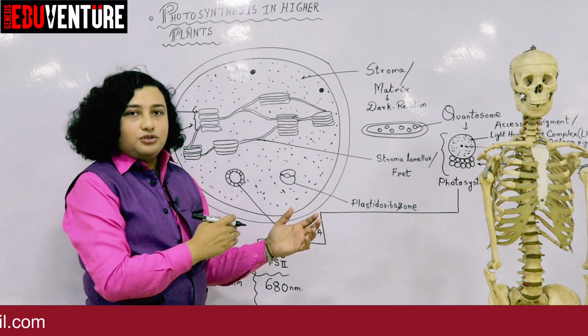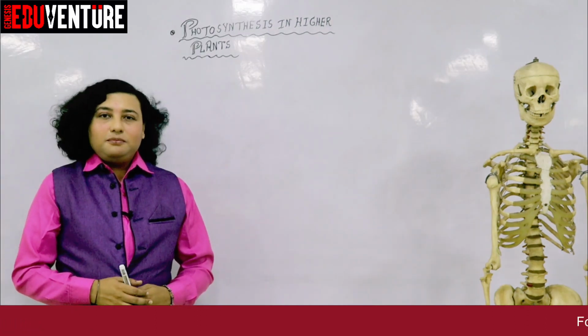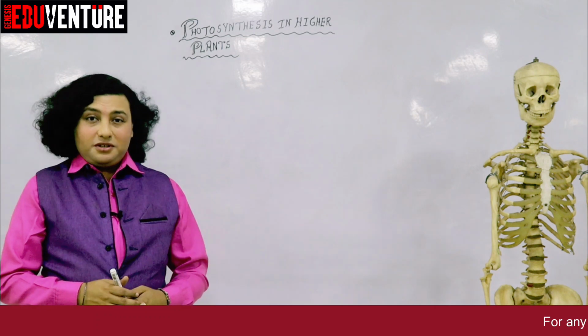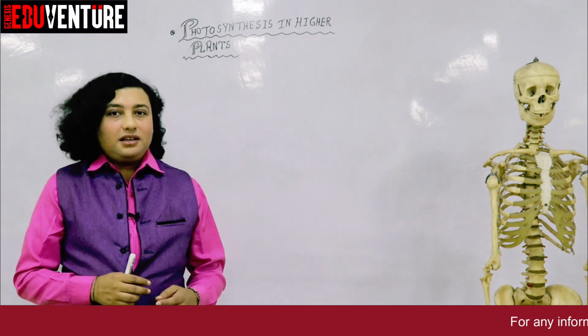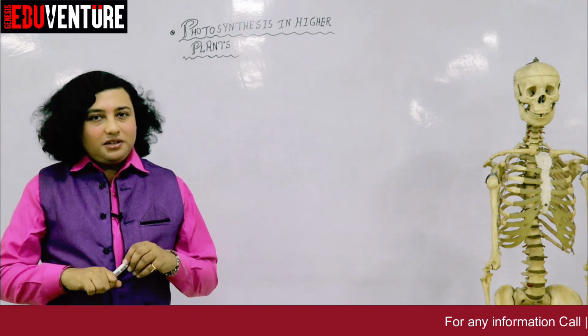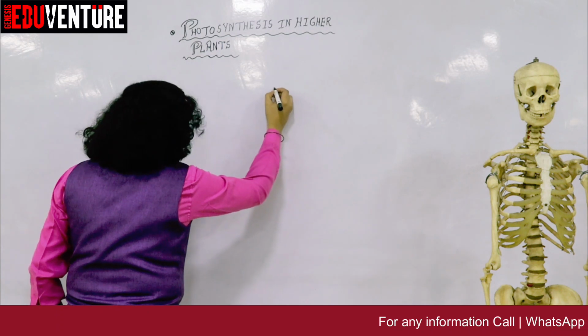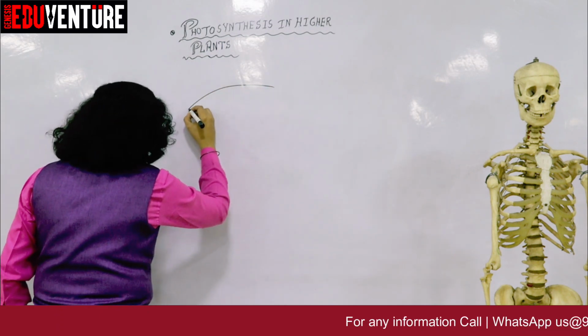So I am just going to take up that part over here. Now here we can take up the membrane of the thylakoid, where I will be showing you that the different pigments and the carrier complex are arranged in a definite pattern. So let me take up the diagram of that. See, I am going to take up the pictorial view of